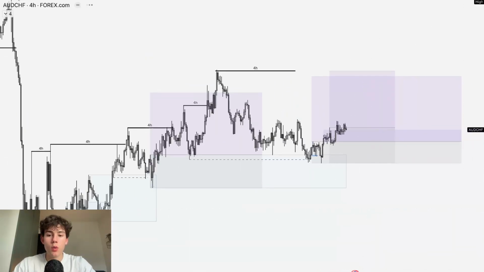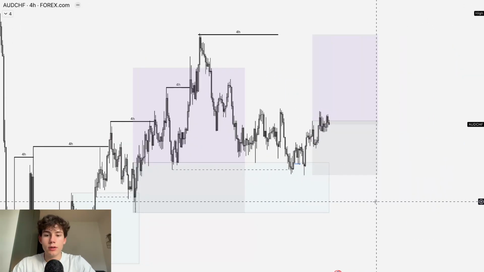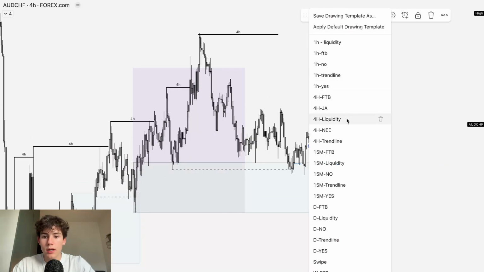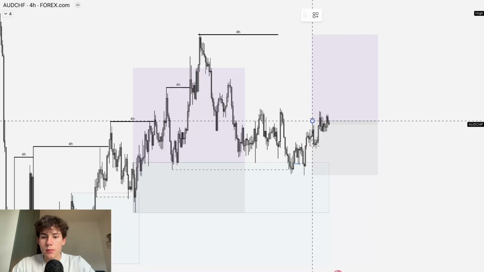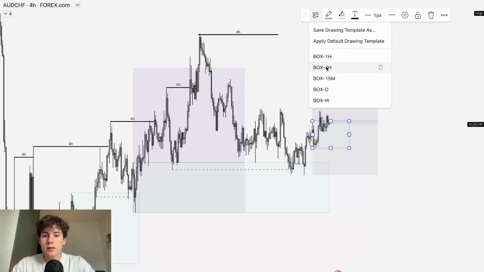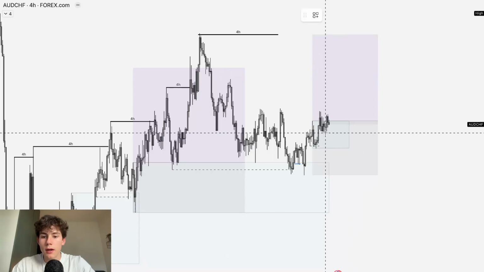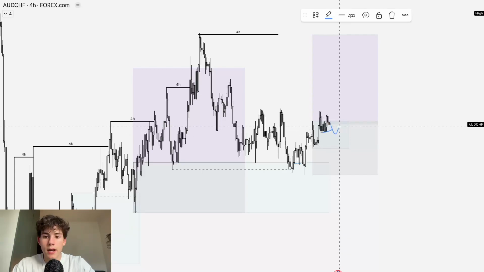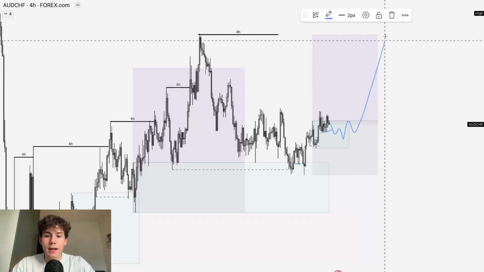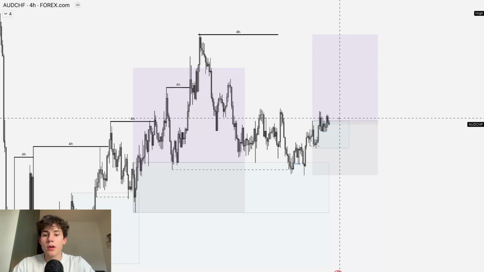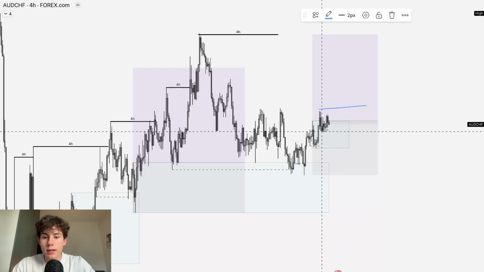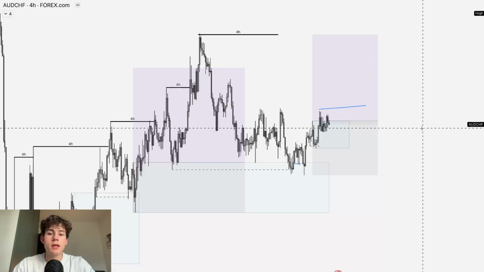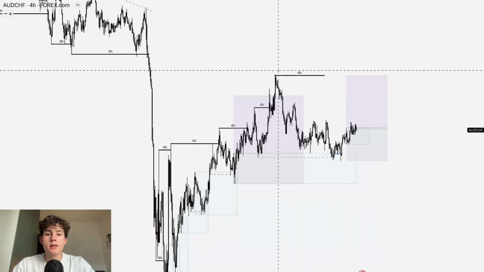On the 4-hour, what can I see? So on the 4-hour time frame, I see that we grab liquidity underneath this low, and then we created a new demand zone. So this demand is in control. What I would like to see is, of course, some more liquidity to be grabbed underneath all of these equals over here. See a swipe, then I want to see my fractal break, and then I'm going to take my long setup. So my fractal high is this one. So if we see that liquidity getting taken out, I want to see my fractal high, and then I'm going to take long setups in towards those highs, and especially this high.